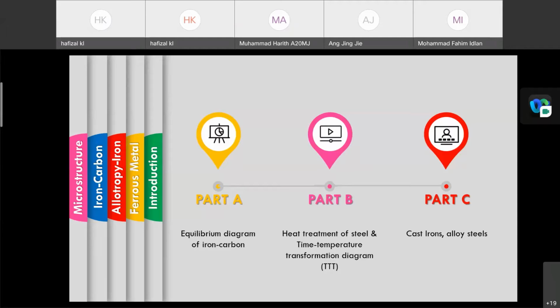And finally, we will look at cast iron and then alloy steel. This one is mainly related to applications, because when we put in different amounts of carbon, it will produce different properties, and it will be used for different applications. This chapter is mainly for the iron-carbon phase diagram, and we will look at the composition, the properties, the microstructure, and finally the application. Okay, and then we finish our course.